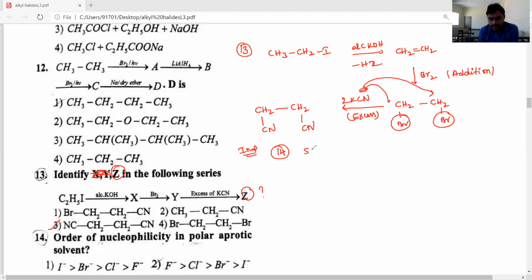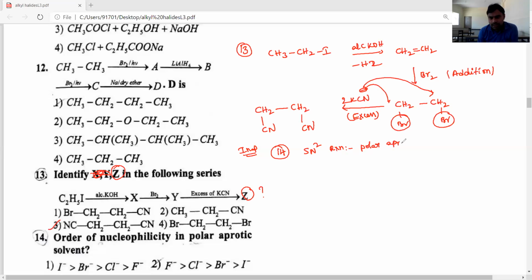For SN2 reactions, polar aprotic solvents are favorable. We already studied this in first PUC. Solvents are of two types: protic and aprotic, and polar and non-polar. Among these, polar aprotic solvents